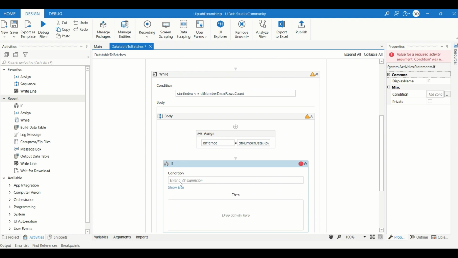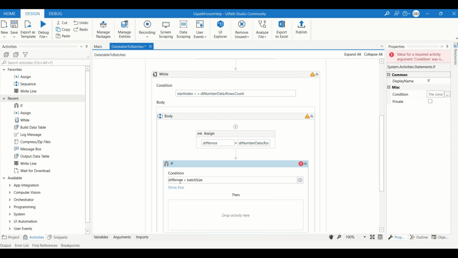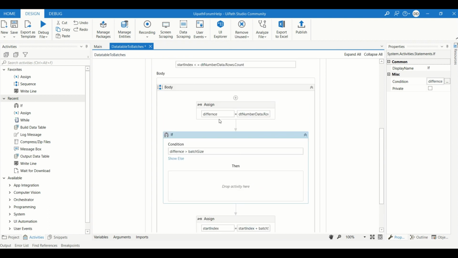That's why we have taken that difference here, and we will check whether difference is greater than batch size. Suppose the start index goes 0 plus 4 is 4, and 4 plus 4, in the second round, is 8. Here 10 minus 8 will be 2, so 2 will be less than the batch size, so it will come to the else condition.